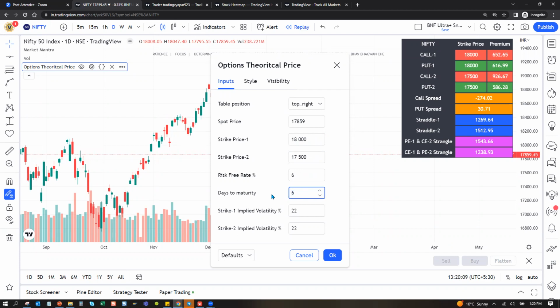So let's say 6 days to maturity. And implied volatility, if you don't know, you can check any website or Opstra or anything like that. Assuming IV will not change a lot by Monday or by expiry, or you can give, let's say, I'm just giving a random example, okay, 16 and 17. Sensible has all this information. You can pick and hit OK.